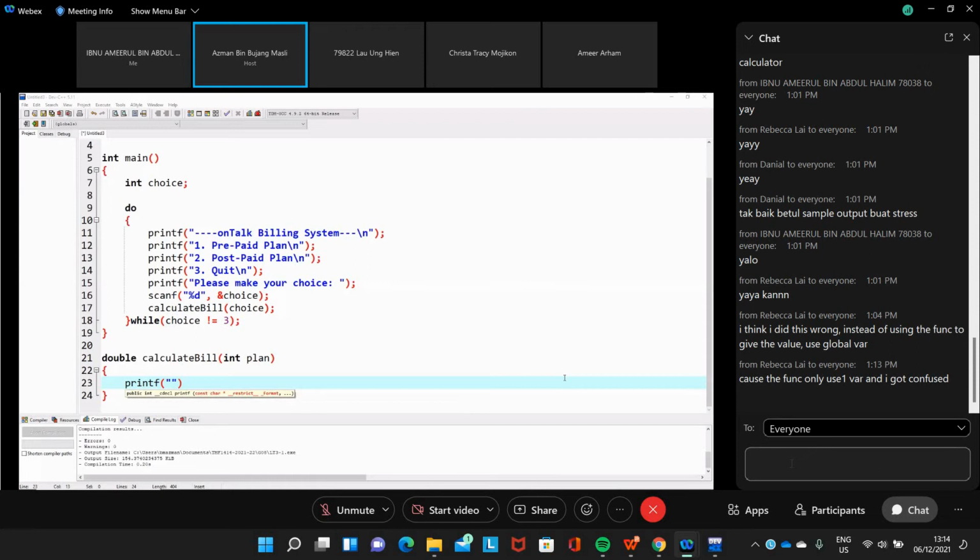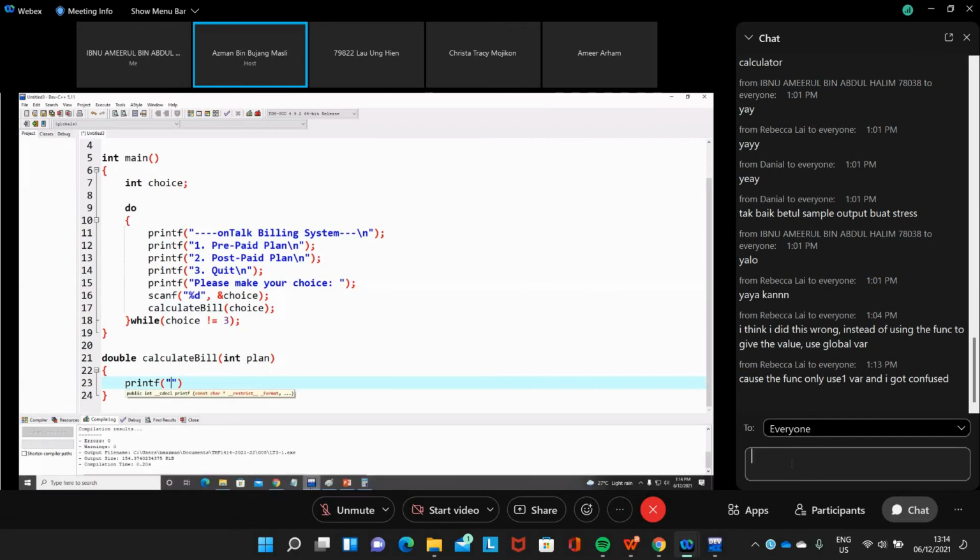This is the parameter. When you see the function contains one parameter, it means you need to pass something to the function. So what else can we pass to the function? Definitely the choice, because that is the only thing that we get from the user. So you need to pass the choice.